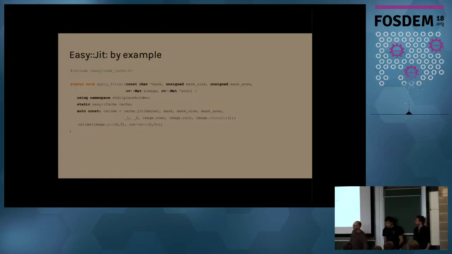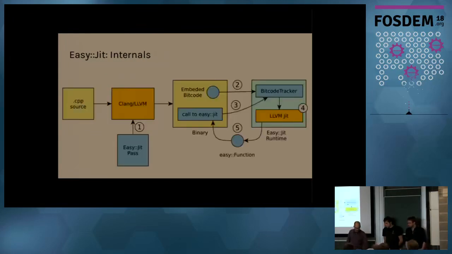How does this work? Okay, I said it was a compiler-assisted library. It's because it actually needs some compiler help. So we have one LLVM plugin that is loaded that is going to pass the calls to our library. Now it's going to embed the bytecode associated to a library